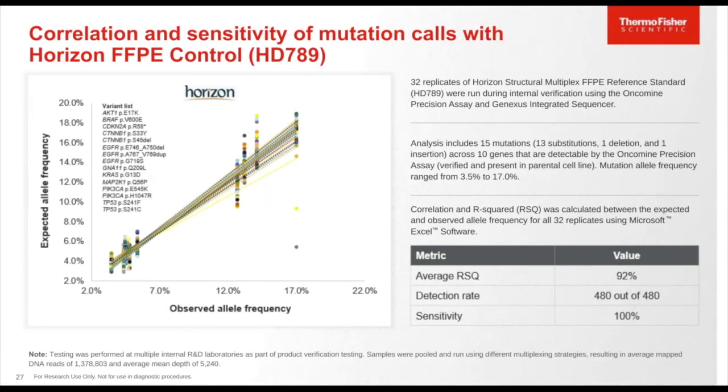Next, I wanted to highlight the correlation and sensitivity of mutation calls that were observed with the Horizon FFPE control with catalog number HD789. 32 replicates of this Horizon structural multiplex control were run during our internal verification testing using the Oncomine Precision Assay and Genexus Integrated Sequencer. This analysis includes 15 mutations with 13 substitutions, 1 deletion, and 1 insertion across 10 genes that are detectable by the Oncomine Precision Assay. These were verified and present in the parental cell line, and the mutation allelic frequency ranged from 3.5% to